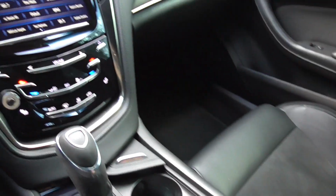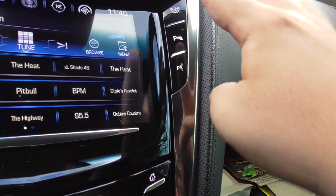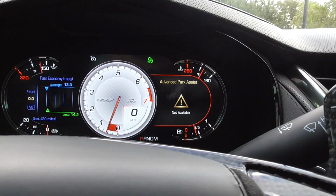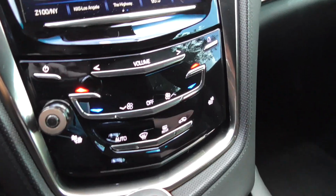And if you notice, there's no actual lever or button for the glove box. Instead, it's this little haptic feedback button. The glove box opens just like that, and there's no actual button. It's haptic feedback, kind of like on a smartphone. So you close it up, and you've got the parking sensors, advanced park assist, your lane keep assist, hazard lights, and a little Easter egg or quirk on these cars is